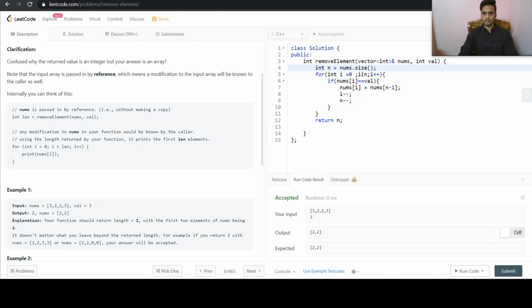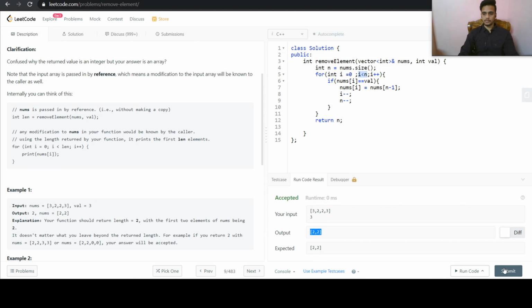And since 2 is not less than 2, this condition will become false and it will come out of the loop. So our array will become 2 2 2 3, and we will return the size of the array, that is 2. So it will take only these first two elements.